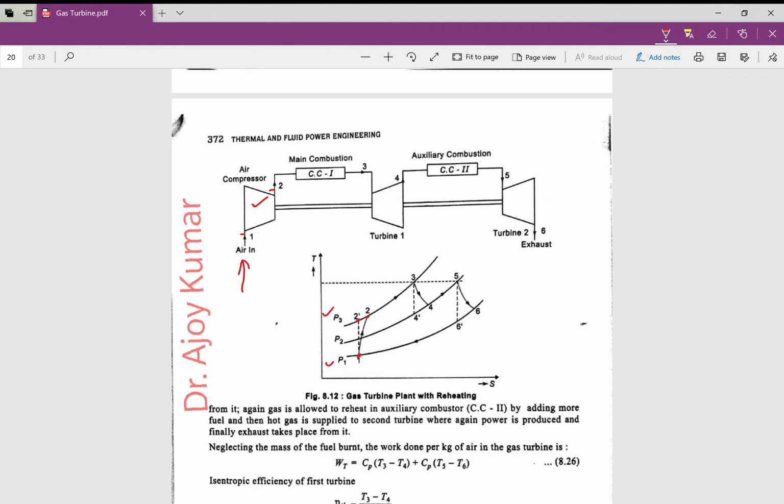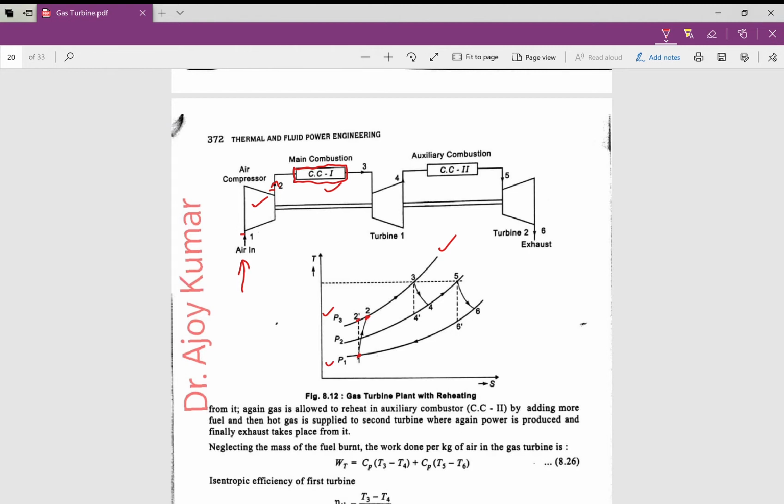So on the pressure line, 3.2 is mentioned over here. Now after compression, the air gets heated and is supplied to CC, combustion chamber 1,